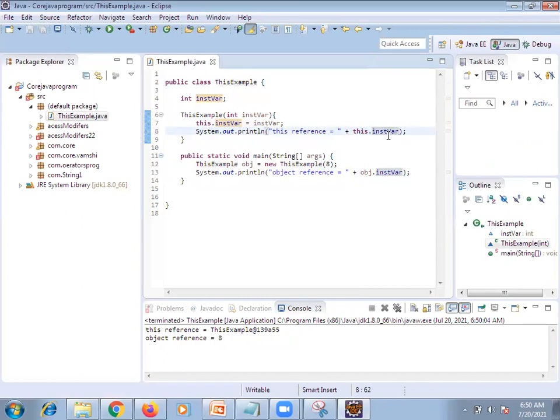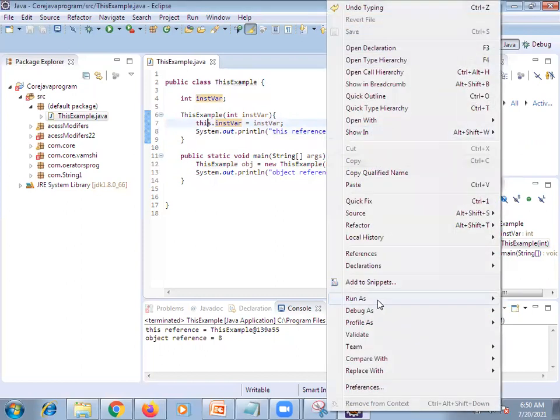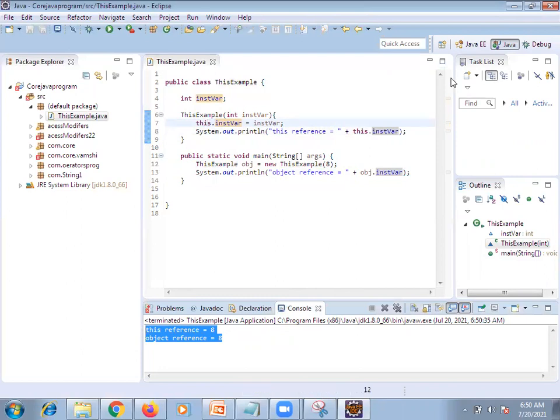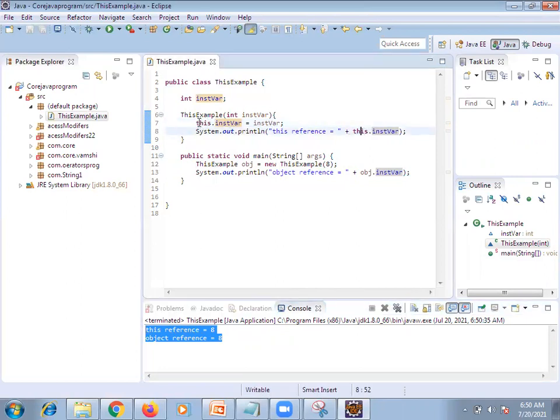Did you able to observe this? This dot int value means it is holding the value. This always contains the local reference. You can see, what is the output? 88, which means this object is already created. So whenever we require this, whenever we are calling, we are assigning this dot instance variable to this one. We are passing it and assigning it to this dot instance variable. That is this one. You can observe now.